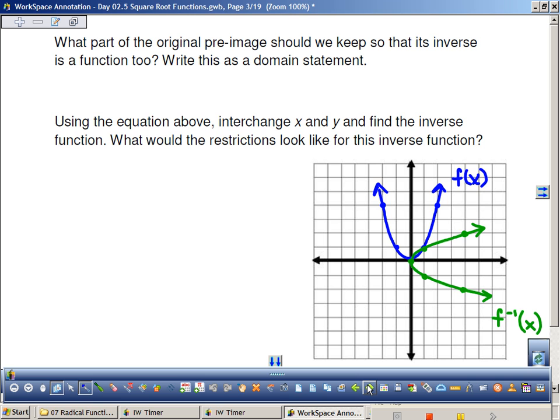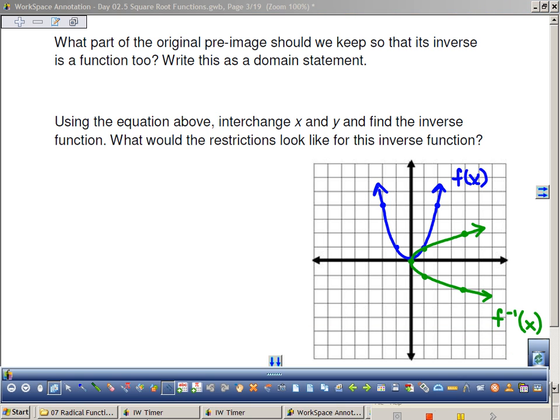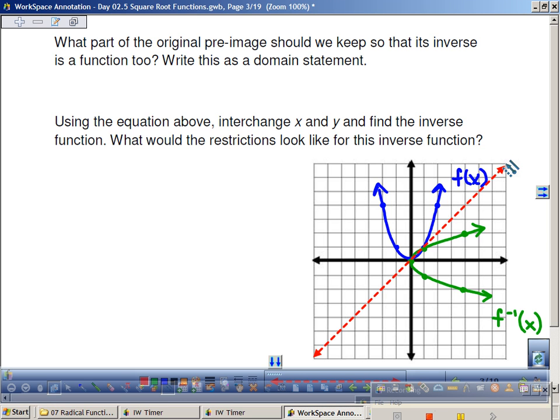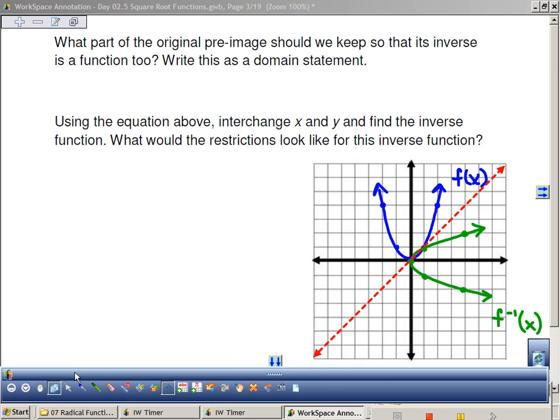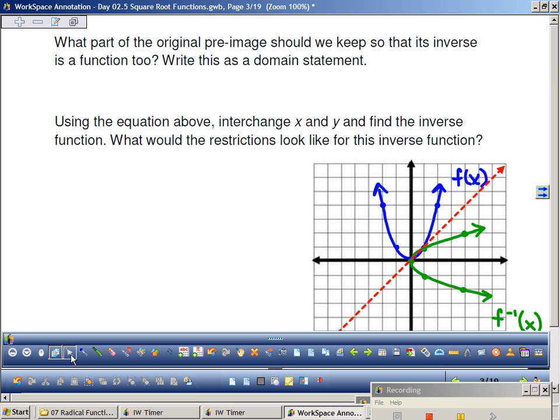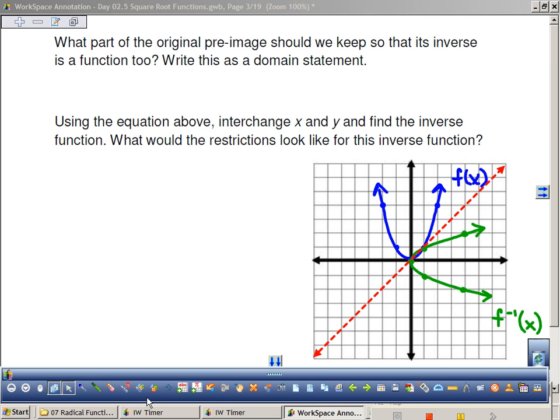today. So yesterday we finished off with this last part of our discovery, right? We realized that if we took this and reflected over y equals x, we got a parabola that was tilted on its side, right? But if this was my original function, and this is technically its inverse, it's really not a function right now, right? It's really not a function until I decide that,